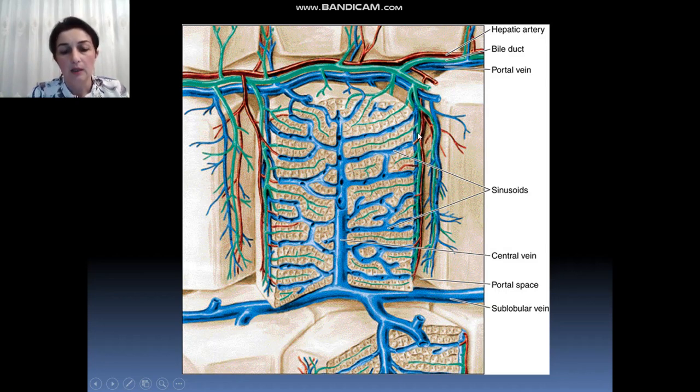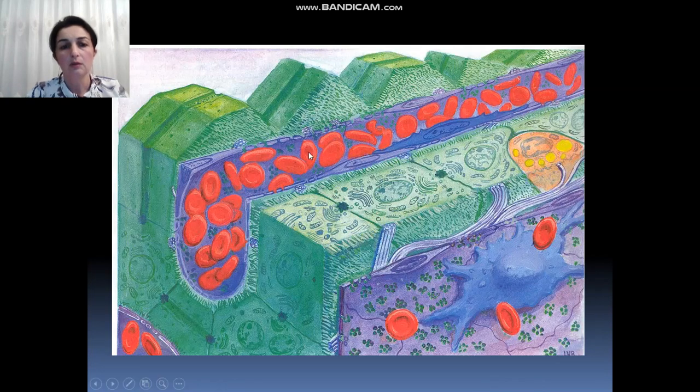Then we will talk about how these lobules are organized. Here we can see the plates of hepatocytes. Hepatocytes also have a hexagonal shape, these are polygonal shaped cells. Pay attention to one of these cells. In the center we can see the nucleus. Because hepatocytes are metabolically active cells, they